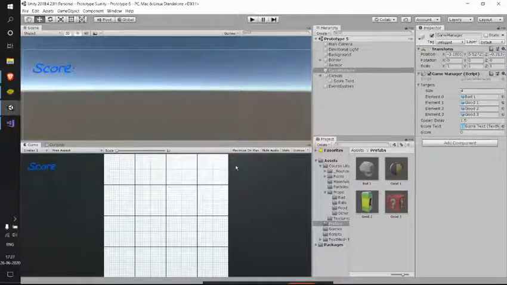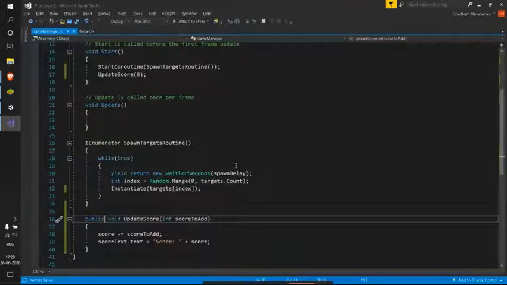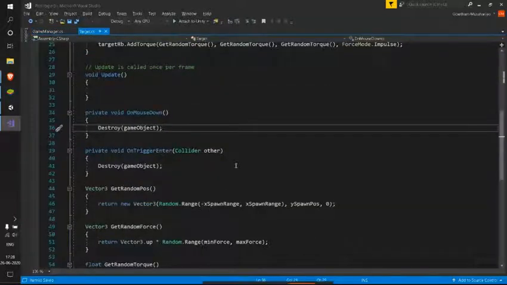To get that, we need to see where it is present. The game manager script is present in our empty game object, which we populated with our script. So we want a reference to our game manager game object now. Let's get back to Visual Studio and make that happen.